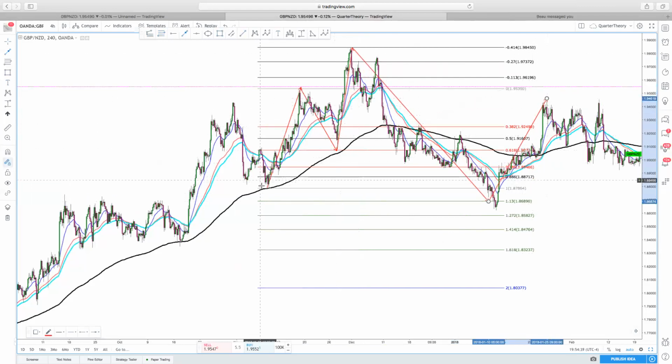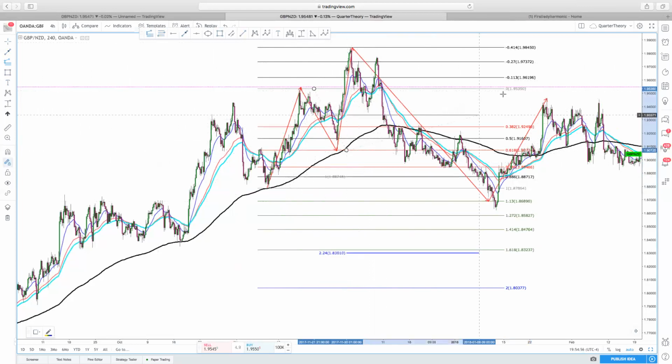So this is my measurement, my X to A. I have a 61.8, 414, and we have a 113. Now let's do my ABA and see the zone that we're in. A, B, back up into A,